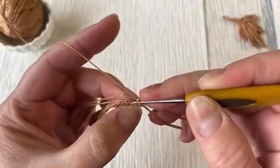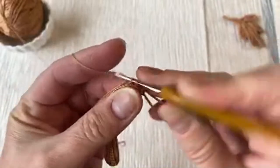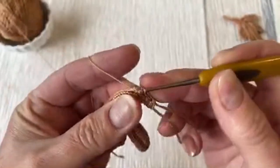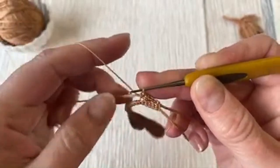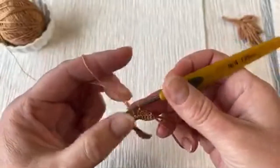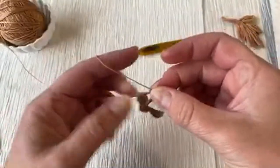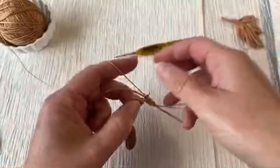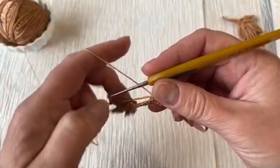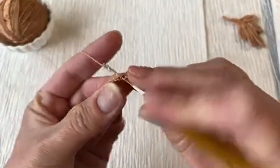So we need 30 stitches. 1, 2, 3, 4, 5, and now it's not going to be very easy to crochet to the end holding it this way, but what I do, I slightly move my padding cord this way, shortening this loop, and later I will show you what else I will do. It's just easy. I found it way easier to crochet this way. And continue. So have 5, then 6,